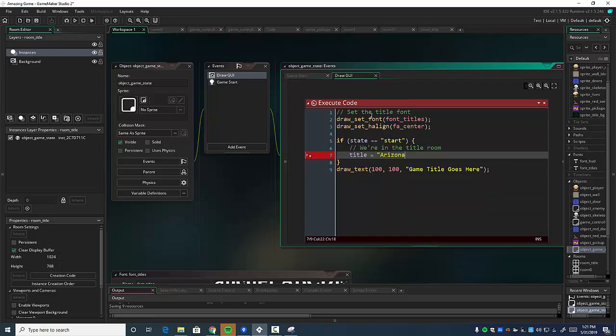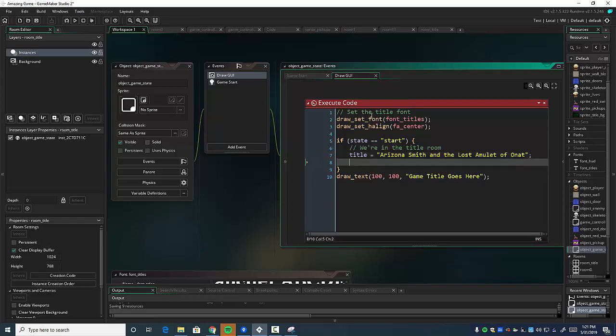Arizona Smith and the Lost Amulet of Onat. Yeah, I got that from online fantasy title generators. So there's our title. I like to set the variable,